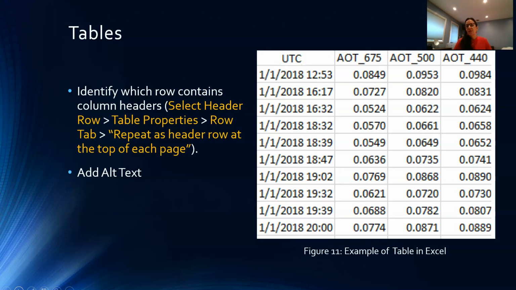The next item has to do with tables. On my screen, I have an example of a table in which I was measuring aerosol optical thickness at 3 different wavelengths. So I have 4 columns. I have my first column with the dates and times. Then the next column has the values for the AOT at a certain wavelength, and then 2 more with